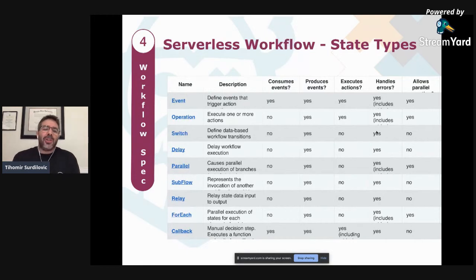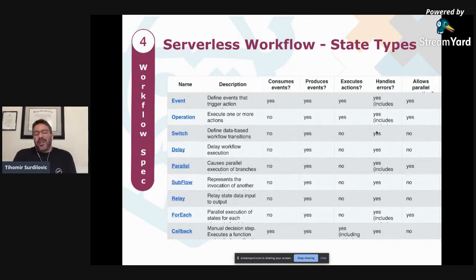So just to finish off the description of the specification, currently the specification defines 9 types for states. Probably the most notable one is the event state, which is a state that can consume events. It can say, okay, these 3 events or 4 events or union of events trigger workflow execution, stuff like that. Operation state is basically operations that need to be run in order or in parallel, or I mean asynchronously or synchronously.